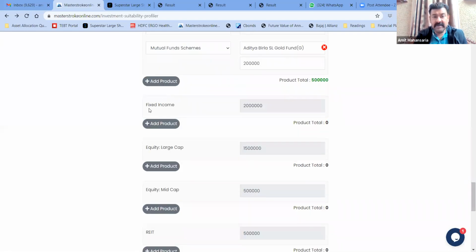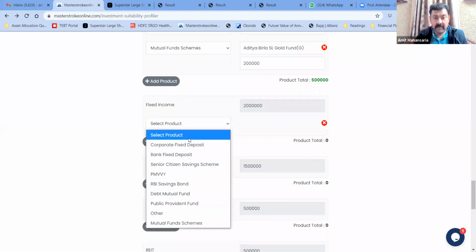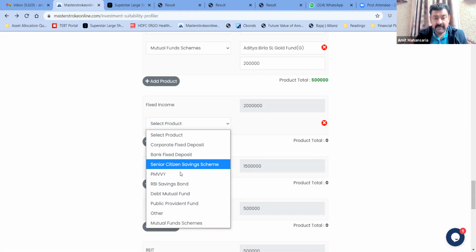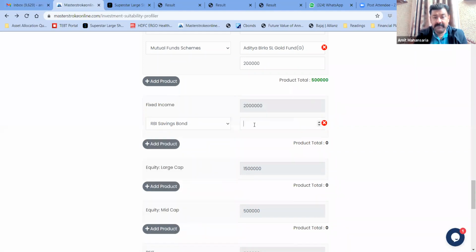Now moving on to fixed income. Again, you can select from any predefined products, or you can create your own product, or you can select any mutual fund scheme. Say you want to suggest him to invest in RBI savings bond 5 lakhs,